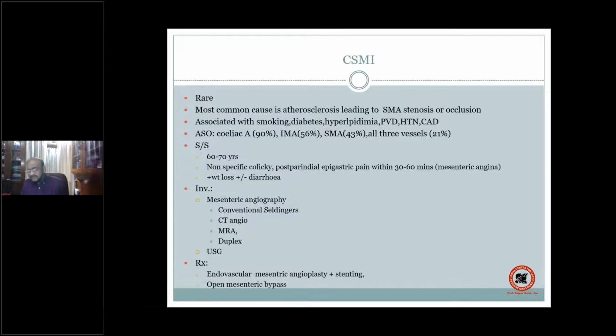If it is an old patient with pre-existing atherosclerosis, be on your guard, suspect chronic SMA disease in this patient, that means superior mesenteric artery chronic ischemia. Along with this, the patient may or may not be having weight loss and diarrhea. Investigations: mesenteric angiogram, conventional Seldinger's, a CT angio, MRI, Doppler, ultrasound, and of course endovascular mesenteric angioplasty or stenting or